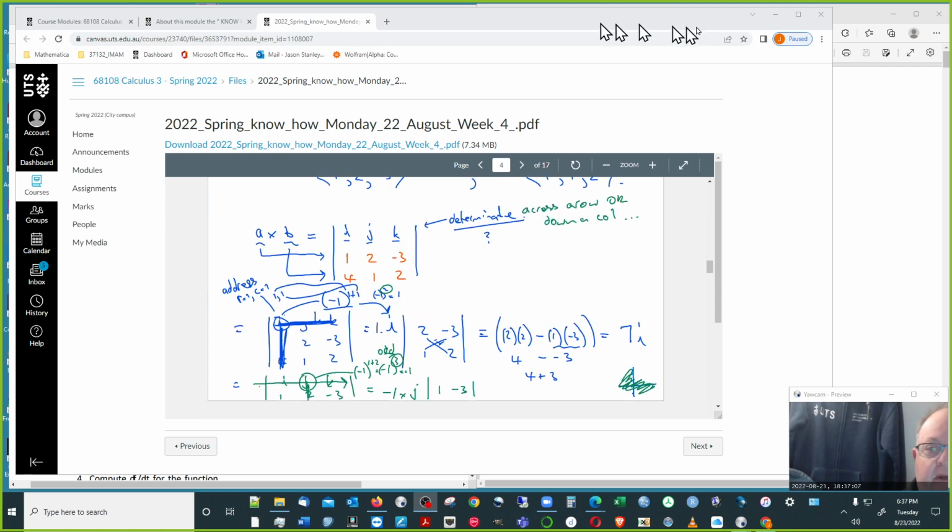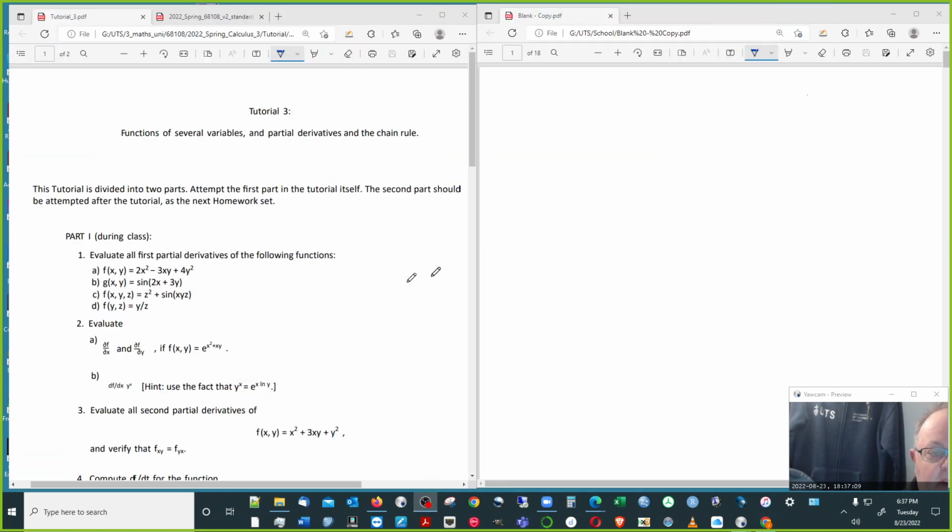All right, so enough of that. I'll put that out of the way, and let's have a look at our version of partials. For tute 3, I think we're fairly straightforward. So we've got